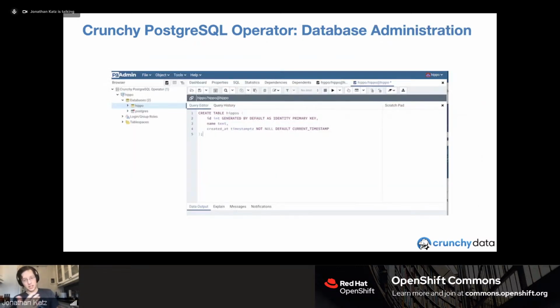So last but not least, in terms of the walkthrough demo, then we'll try a live demo. Adding the ability to administrate your database from a user interface, in this case, pgAdmin. We actually created an integration where we're able to tie the Postgres user accounts to pgAdmin and keep them all in sync. So that way you can log into your pgAdmin instance and administrate your Postgres database. We tried to check all the boxes in terms of not only having the day 2 administration options available, but make it very easy for the people who do the daily Postgres work to be able to interface with their database.